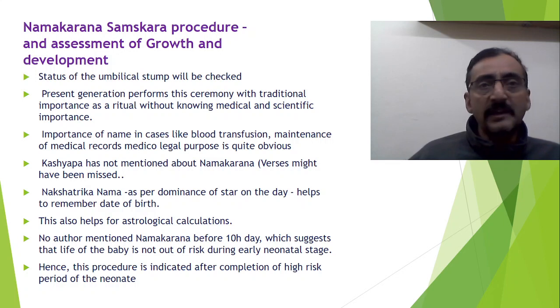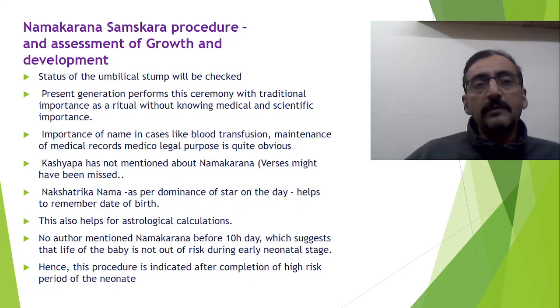Abhiprayika Nama is for the general purpose, but still they have to follow certain rules and regulations, like how the first letter, the middle letter, and the last letter should be. No Vruddha Akshara should be used. Like this, different rules and regulations are followed while keeping the name also. Such a name is called Abhiprayika Nama. For all routine purposes, this Abhiprayika Nama is used. For astrological calculation, we usually go for Nakshatra Namas.